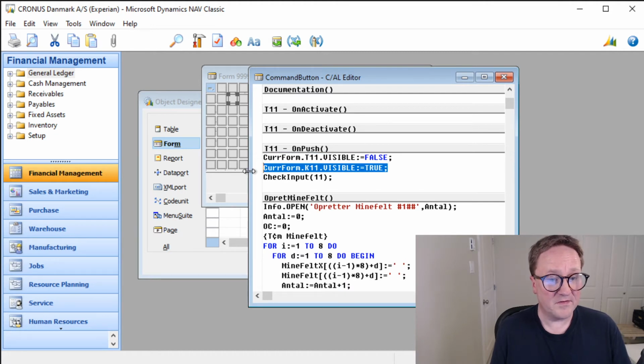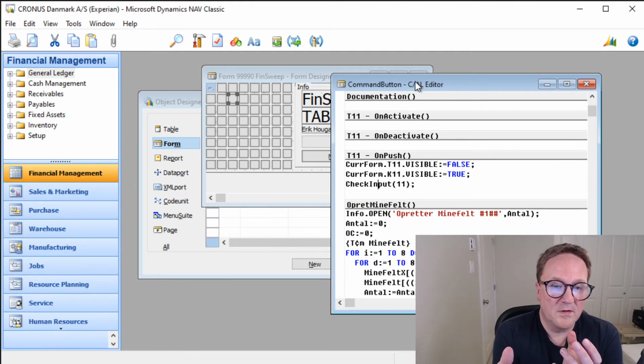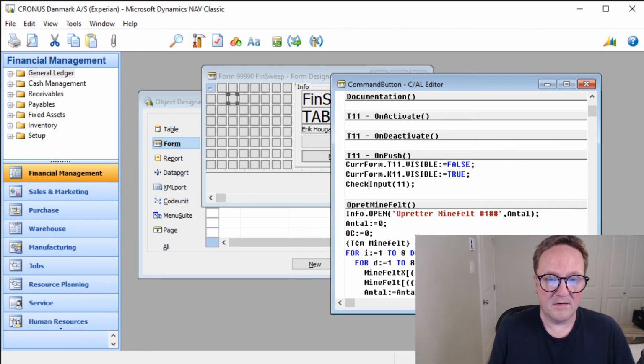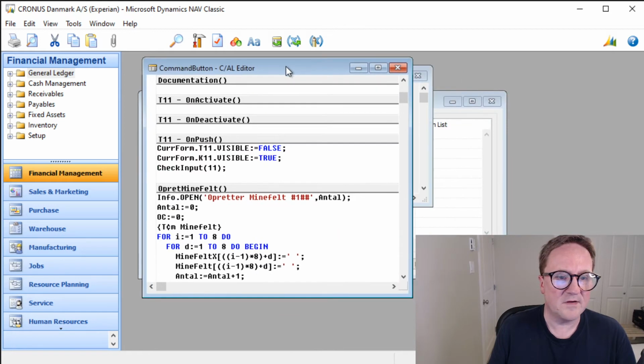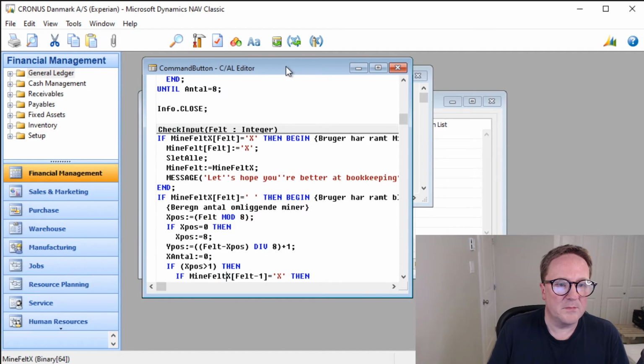field visible. And then there's a check input, and this is box number 11, because controls, you cannot abstract a control like in an array or something like that. So you had to address it directly by the control ID. So this one would check input 11, and you can see there's still a lot in Danish in here. Let me move it so you can see everything. And check input